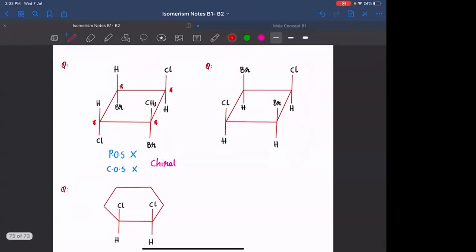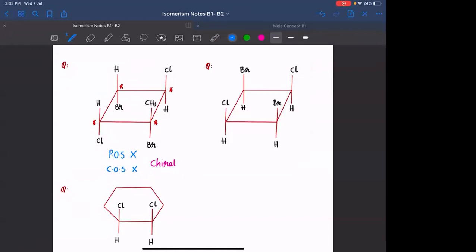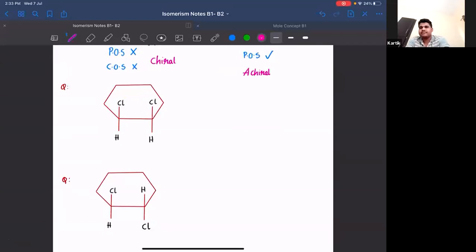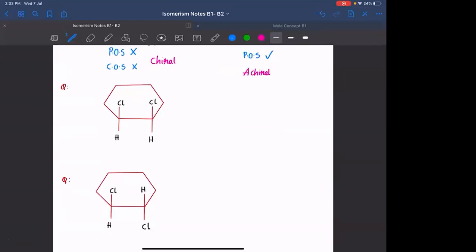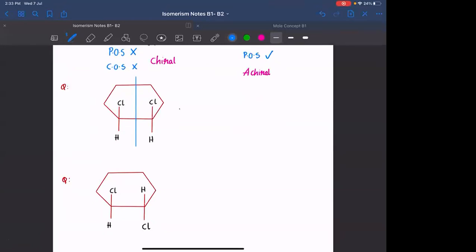Okay, next question. ये वाला. This is achiral. Reason: plane of symmetry. There is plane of symmetry. Very good. Okay. This compound, chiral? Reason, plane of symmetry. Very good. Plane of symmetry है. Hence this is achiral. Next,